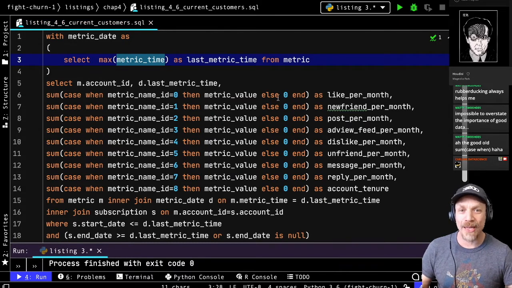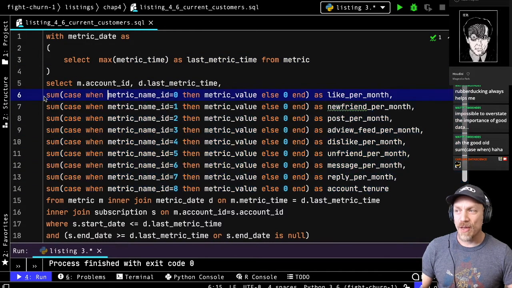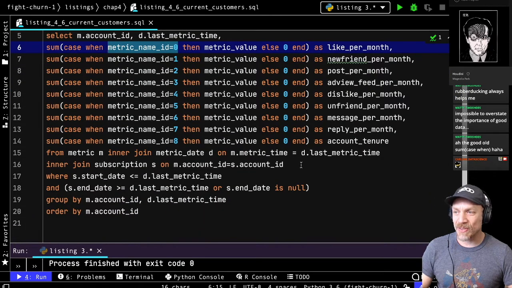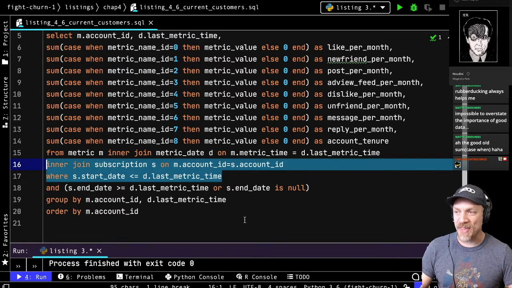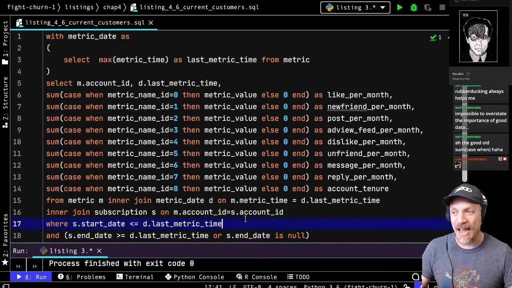Another way you could write the same SQL would be to just hard code the date. But once you pick a date, this is just a repeated version of that trick I just showed you: the sum, the case statement with one metric ID selected. And then the rest of this is an inner join on subscriptions to get the active subscriptions at that time. It's possible you could have event and metric data for non-active customers.